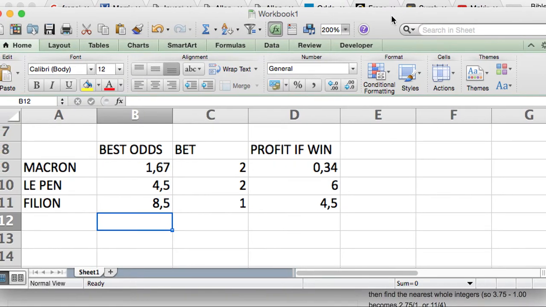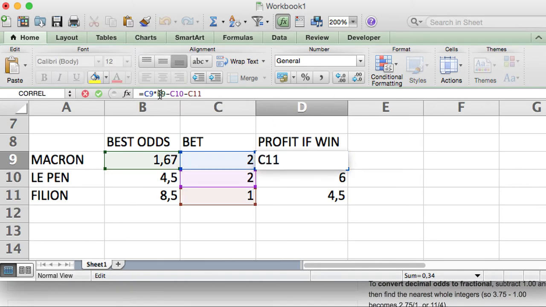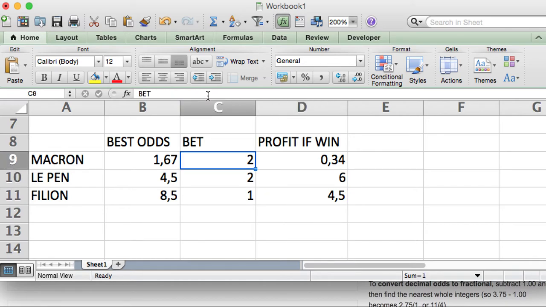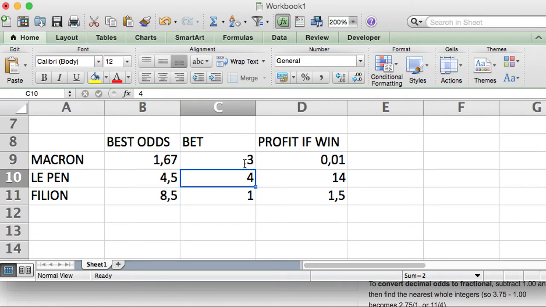But what I've done here is I've made a little Excel sheet, and this is my formula. What I'm doing is I'm multiplying the odds times this one, subtracting the rest to give me the profit if that guy wins. The whole trick with this arbitrage is you can play around here with the ratios. I haven't had enough time to optimize this, but you can see what odds you want to do. You don't want to do it like that because then there's not a guaranteed profit. You want it so that there's always a guaranteed profit.